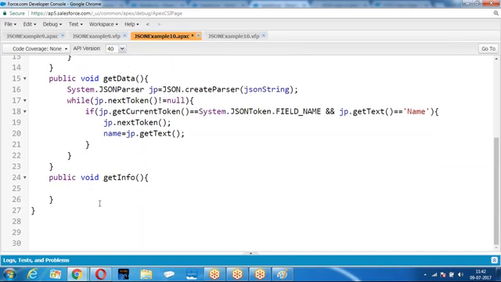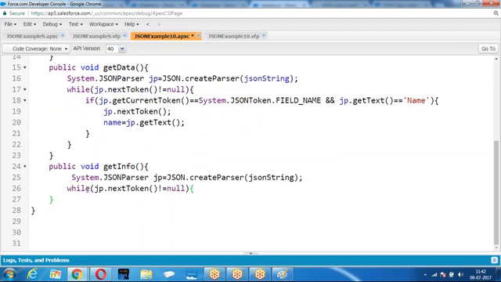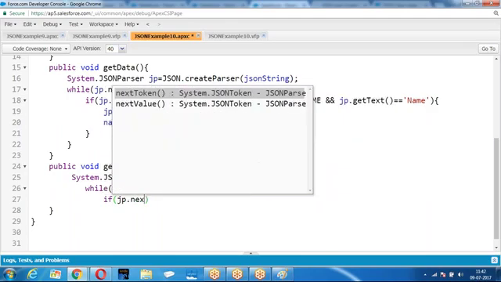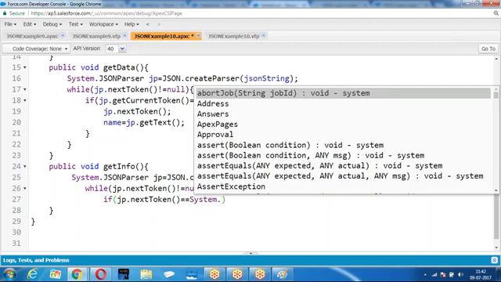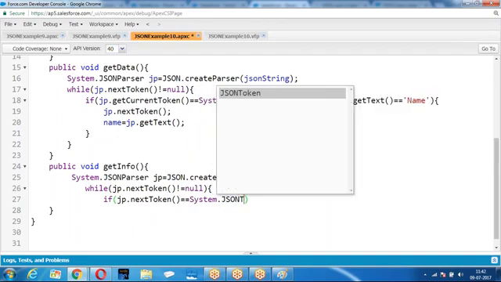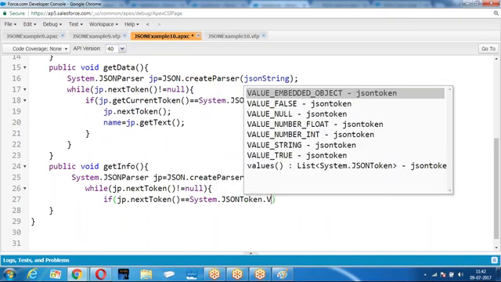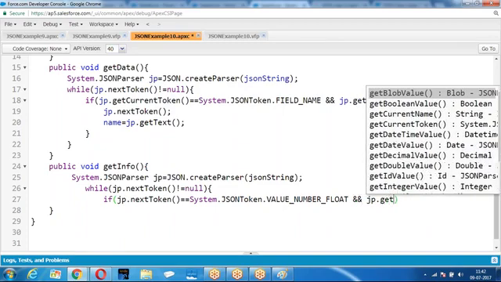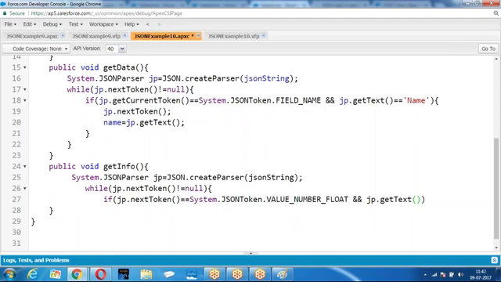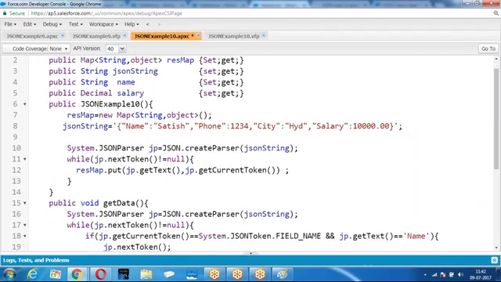You want to get the salary. How do you get the salary? The first lines are the same. Then I am doing if jp.nextToken is System.JSONToken.VALUE_NUMBER_FLOAT and jp.getText equal to salary.